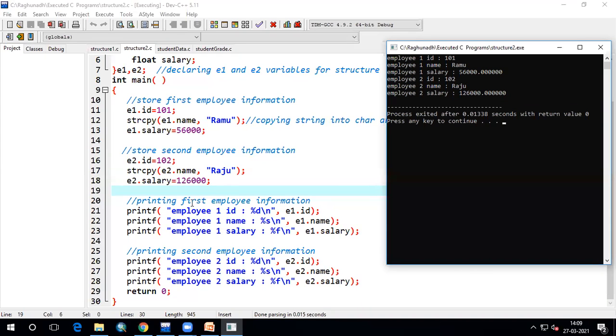You can write this one. Otherwise, you can write one only, and the second one you can leave it, because you can write it on your own. Only employee two is different. Only for two you need to add E2 instead of one. You need to add E2, E2, E2 like this. All are the same.